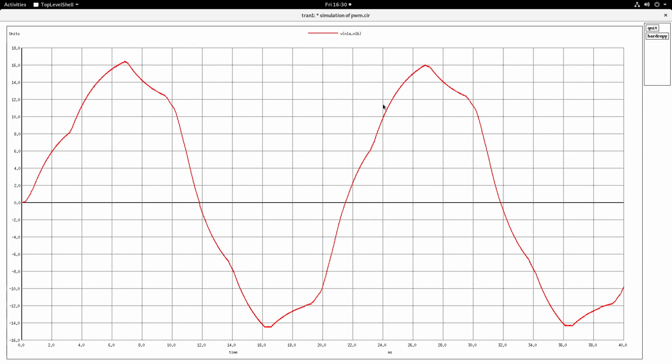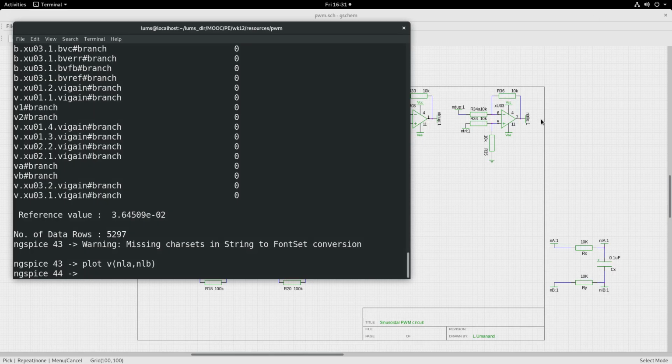Also note that there will be some harmonics due to the dead time that we are giving, and the dead time will introduce the harmonics and it will not be as pure a sine wave as we expect. The smaller the dead time, the better will be the sinusoidal extraction on filtering. So now I will leave this circuit for you to explore.